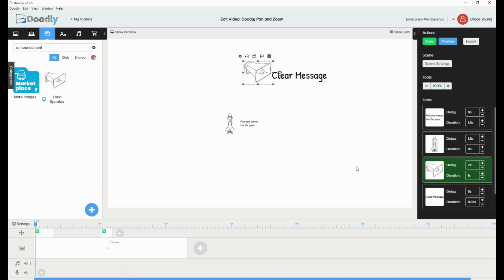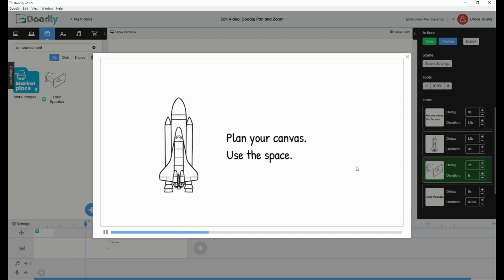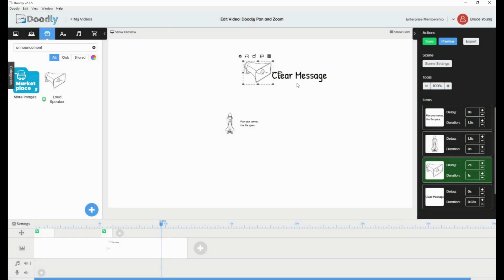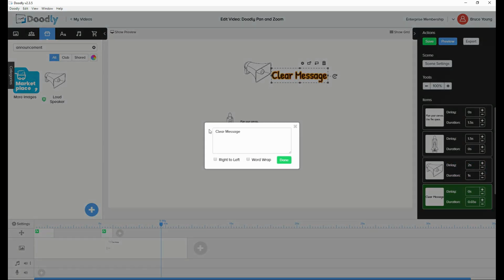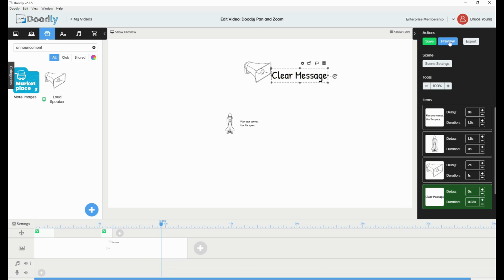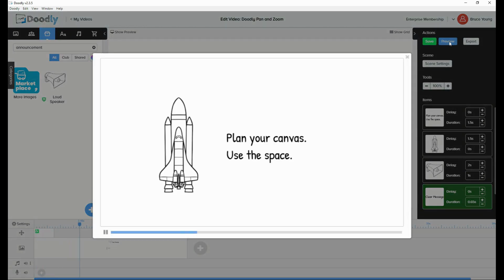Now when we preview our scene, there's enough time to plan your canvas, use the space. You can see the shuttle. It then moves to clear message. And that is pretty good timing. It gives me enough time to read, plan your canvas, use the space,